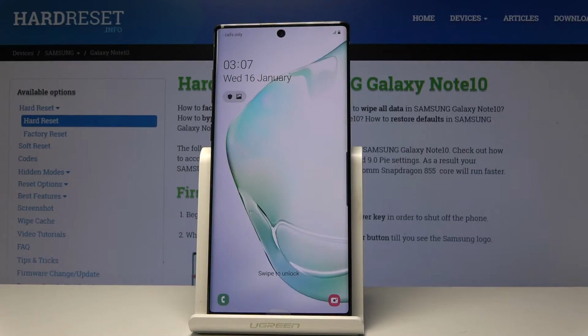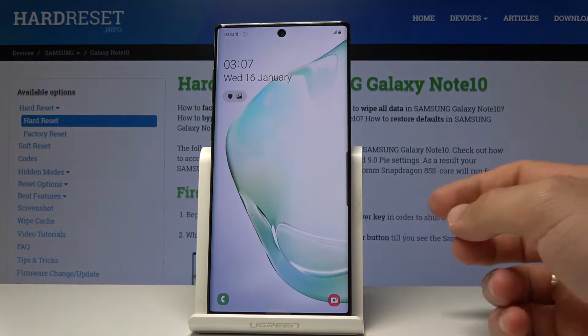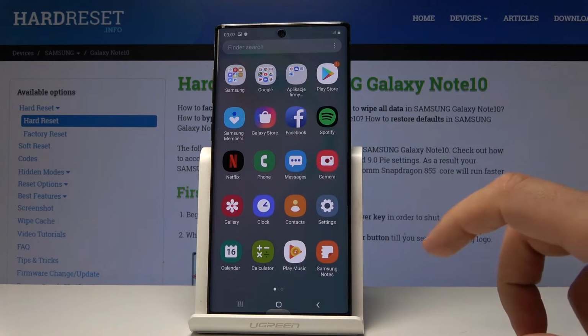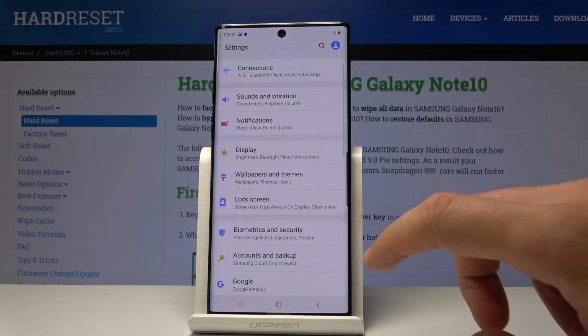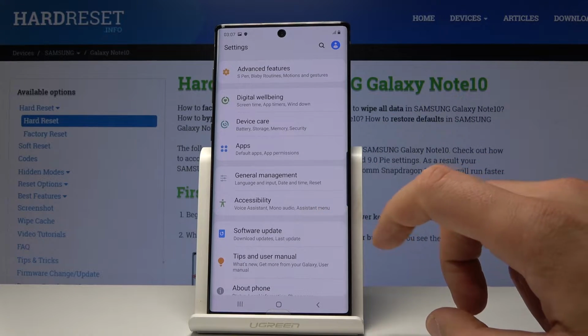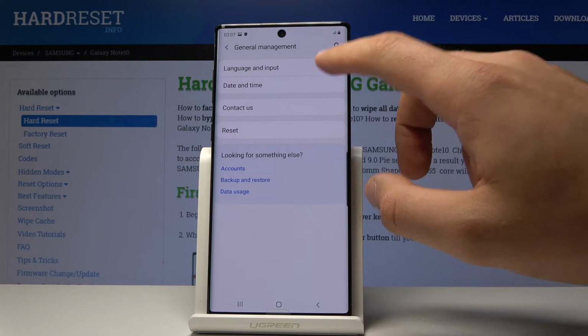Here I have Samsung Galaxy Note 10 and let me show you how to change the language on the following device. So at the very beginning, let's unlock the screen, let's open the list of all apps, choose here settings. From the following list of settings, let's find and select the general management, choose here language and input, the first